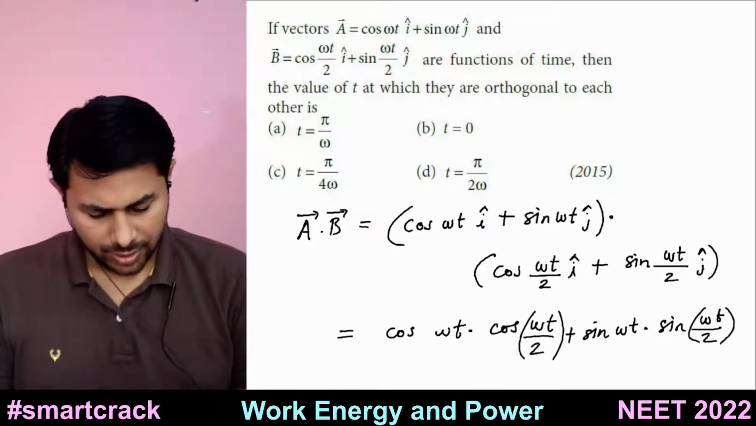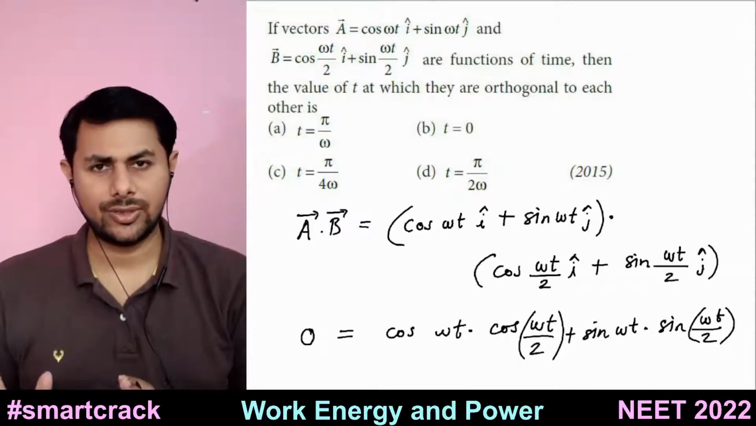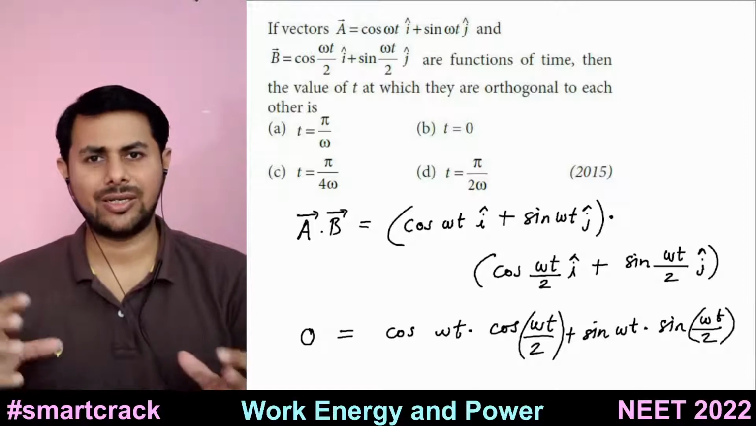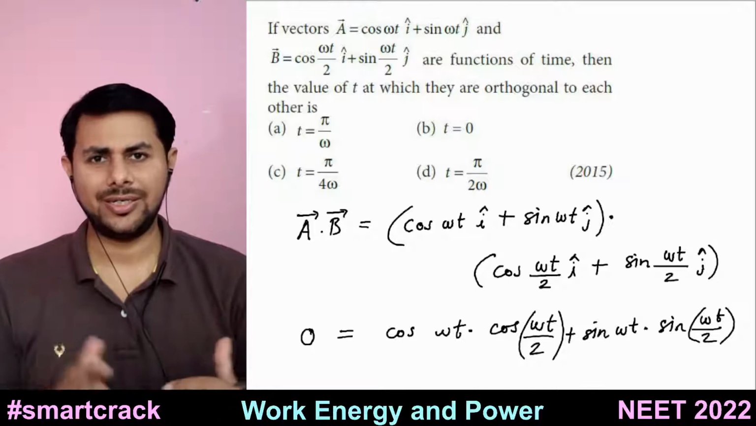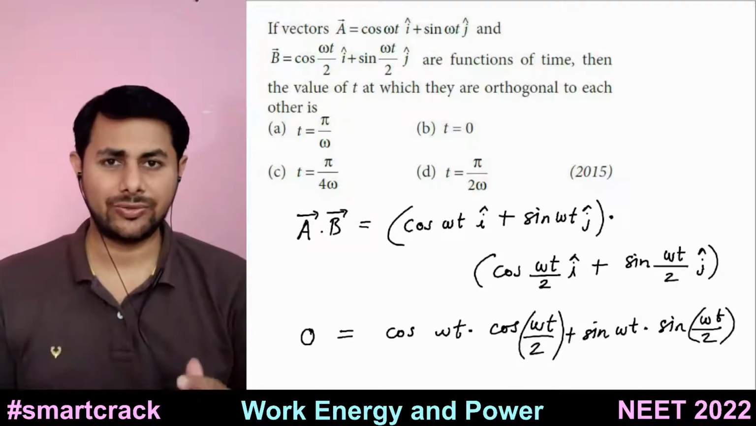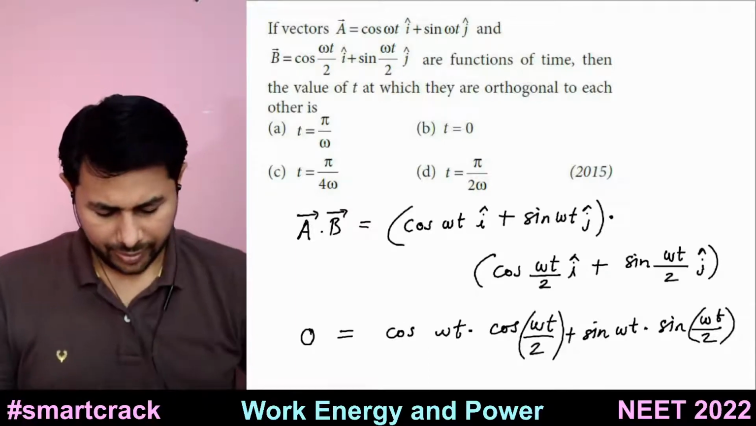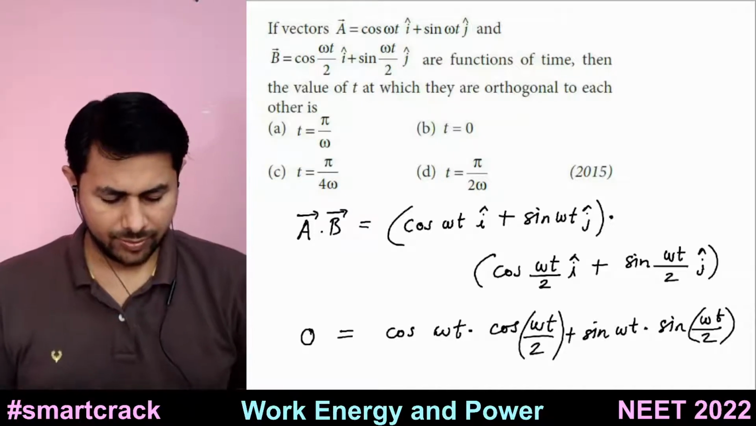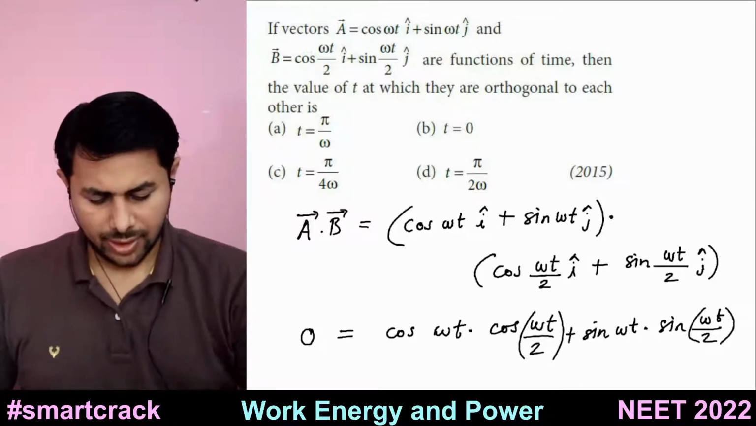This should be equal to 0 when two vectors are perpendicular to each other. What is the dot product? It is the magnitude of the first vector into the magnitude of the second vector multiplied by cos of the angle between the two. And cos of 90 is 0. That means when two vectors are perpendicular, the dot product must be 0. So cos omega t into cos of omega t by 2 plus sin omega t into sin of omega t by 2 is 0, and this is the formula for